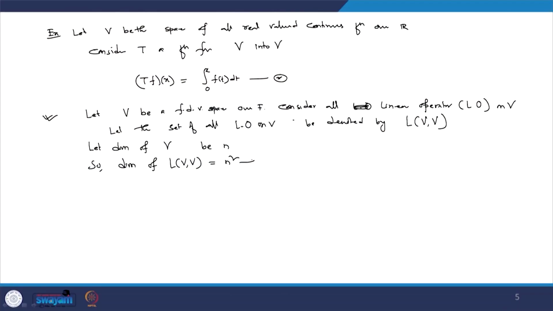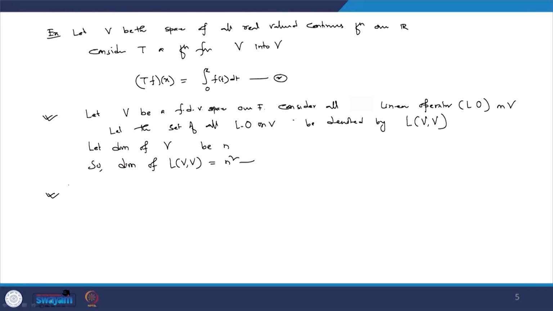This composition is basically my multiplication, as we used to do in the case of the product of two functions. Apart from vector addition and scalar multiplication on L(V,V), if I add another binary operation, that is multiplication of two vectors, then I can see